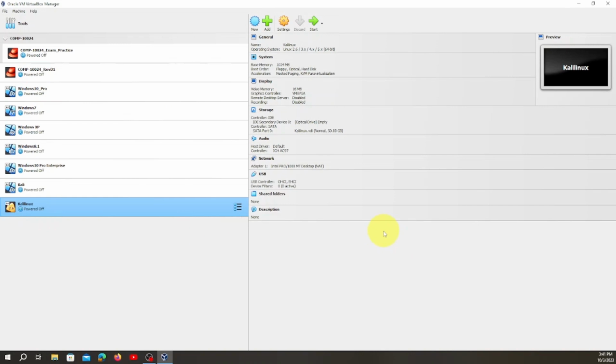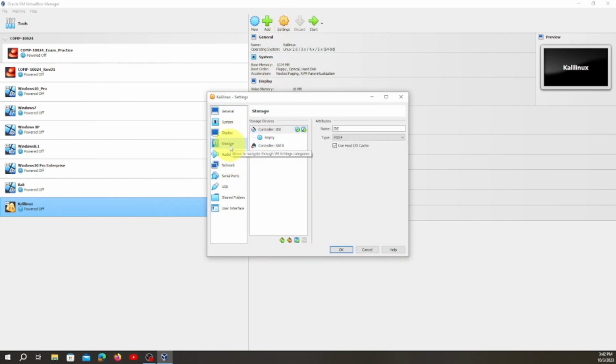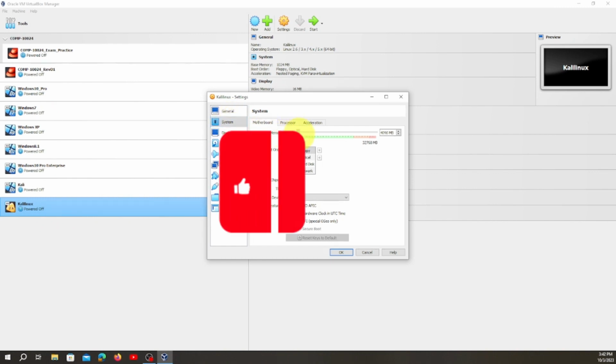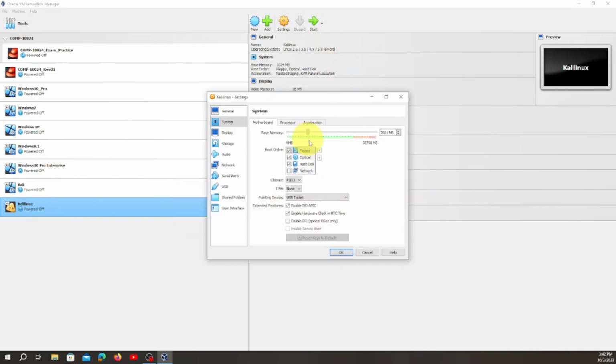All right. So here we're gonna do some changing. We're gonna click here, setting. We're gonna go to storage. Here we don't have to worry about it. If you want to increase a little bit of memory, we can increase this a little bit. Maybe here. Okay. We're gonna put there.